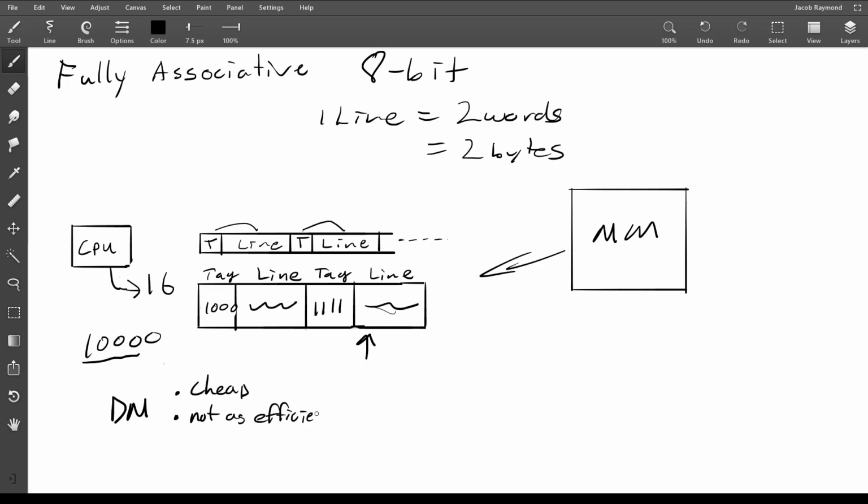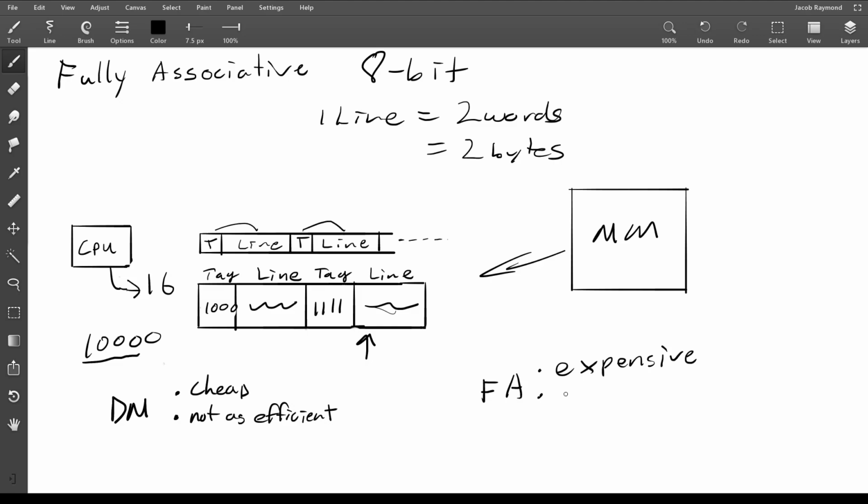Because if we access something with a particular index and then access another location in memory with essentially that same index, it's going to have to go in that same exact location as that other one. And so they'll constantly be swapping back, and you always have to get from the main memory, and that's not very efficient. Whereas with the fully associative, it's expensive,